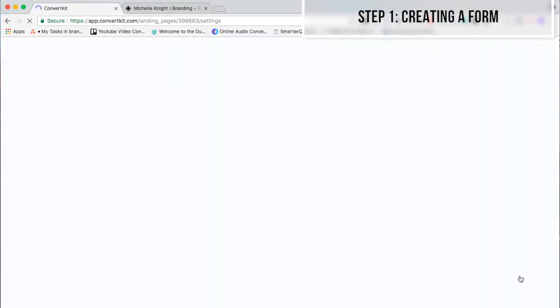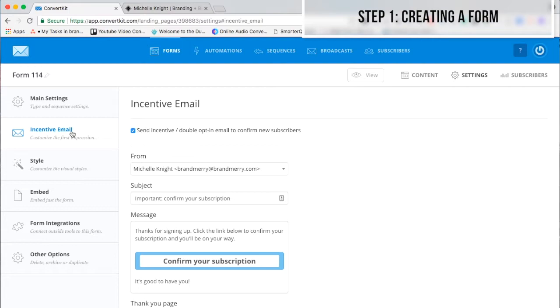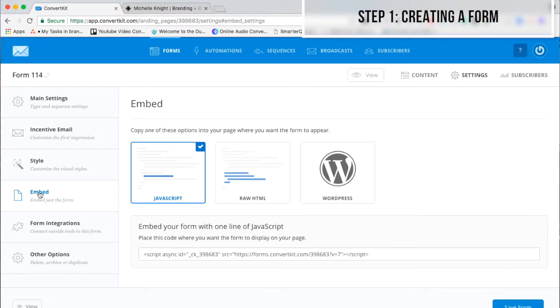In the settings section, you can also go into incentive email and send a double opt-in or a single email if you don't have a full funnel and you just want to deliver the product. That can be in here as well. And the most important piece of the puzzle for us is going to be the embed option. So this is what we're going to add onto Squarespace in the next step. You can go ahead and just copy and paste right here, save the form, and we're going to head over